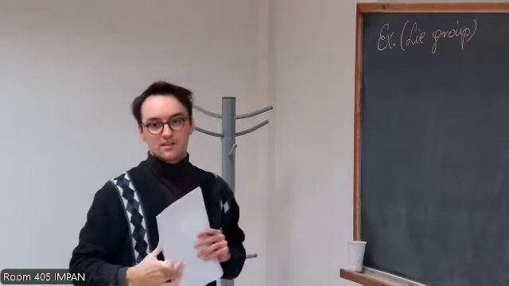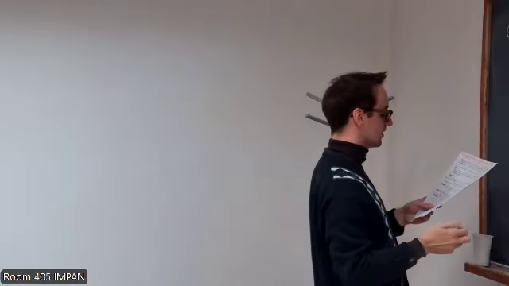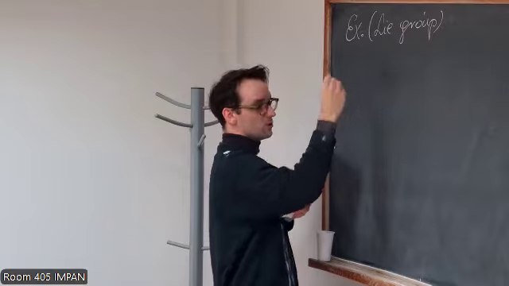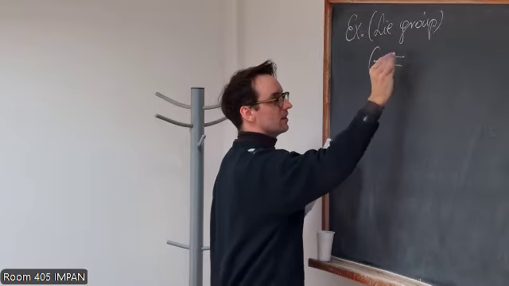And every Lie group can be considered as a Lie groupoid with a unique unit, which means that this is the Lie group